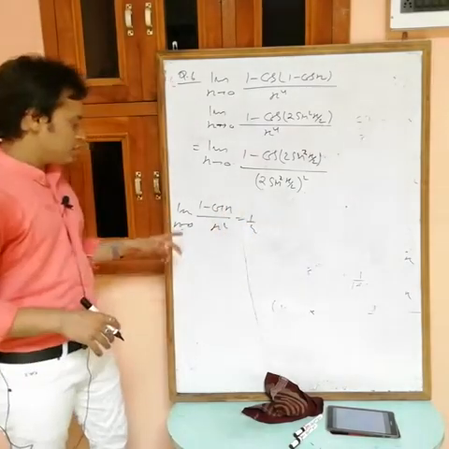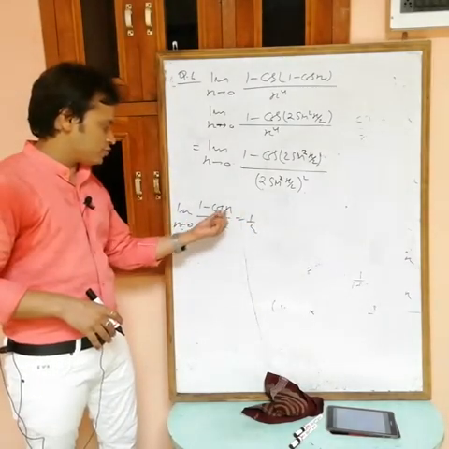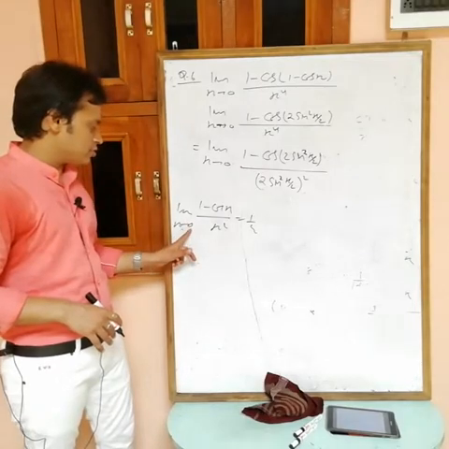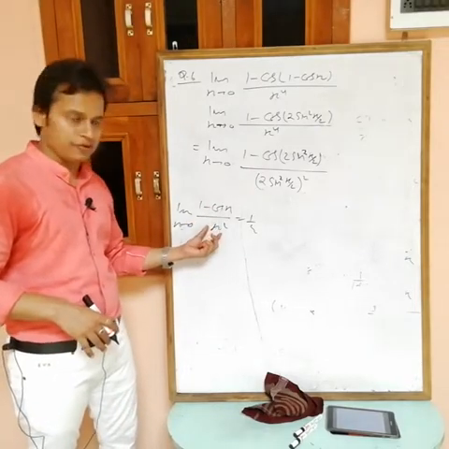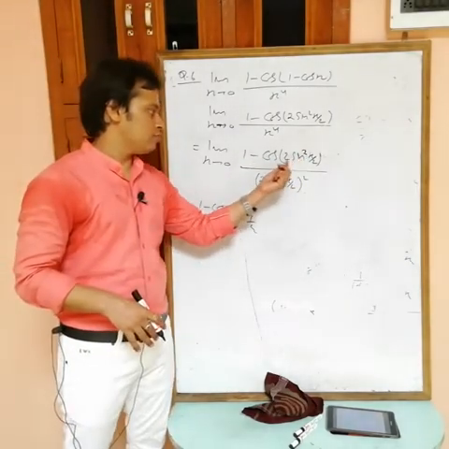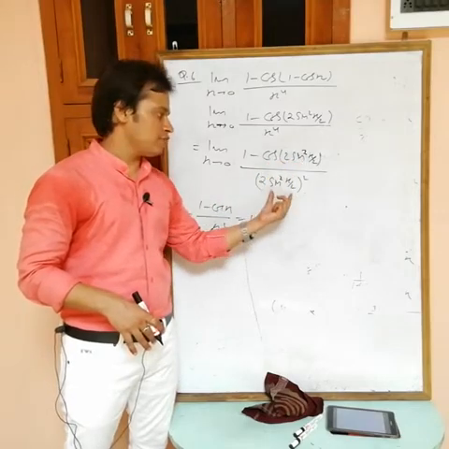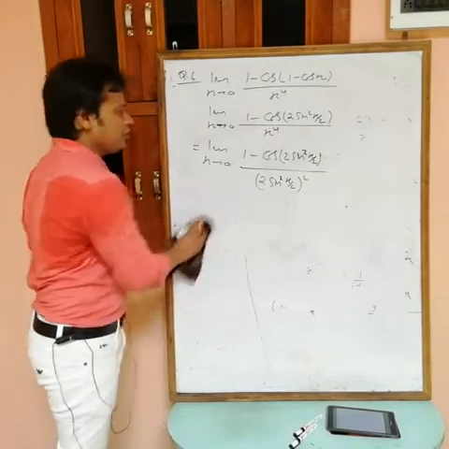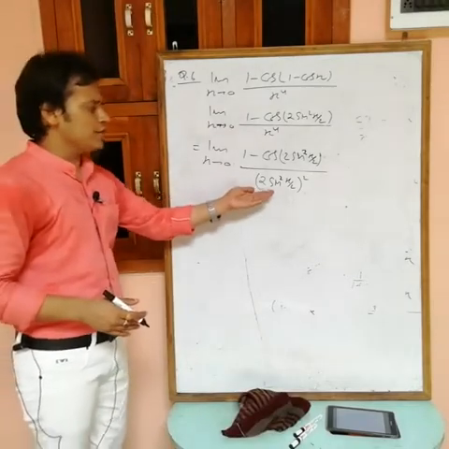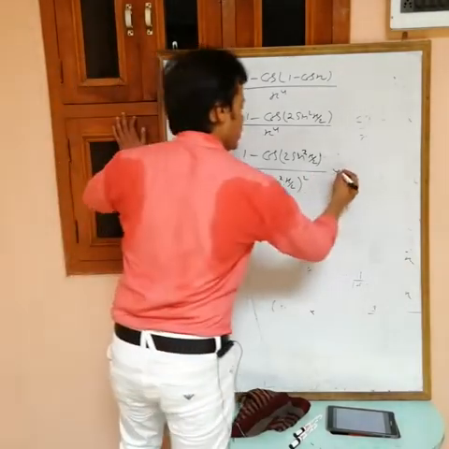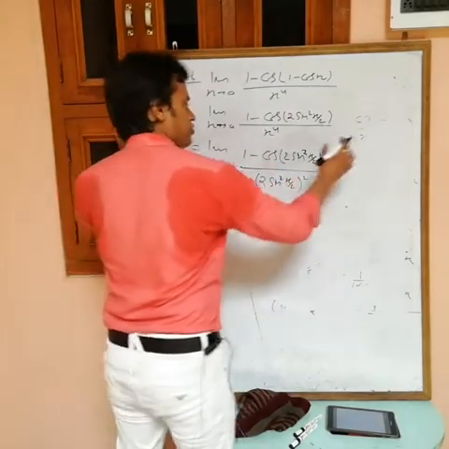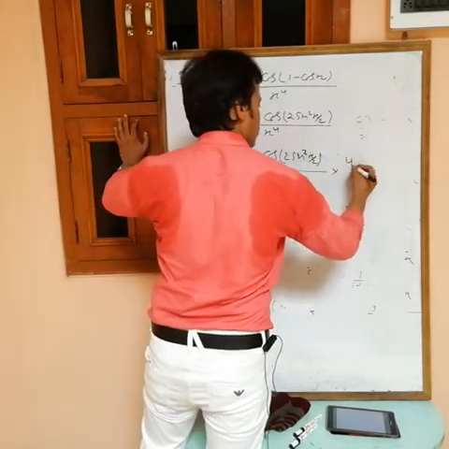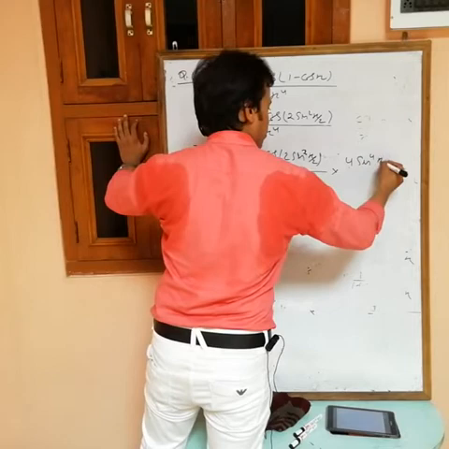Okay, see, this one must be the square of this one, and when we put x equals to 0, this must be cos 0 and 0 form. Sin 0 equals 0, so cos 0 by 0 form we are getting. Okay, so I can use it now, but there is no 2 sin square x by 2. Okay, then multiply. If you multiply this one in the numerator also, 4 sin 4 x by 2.